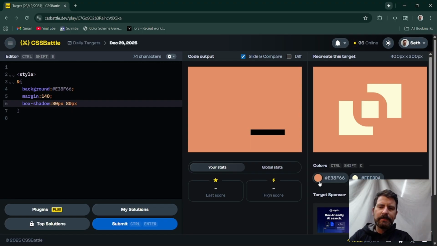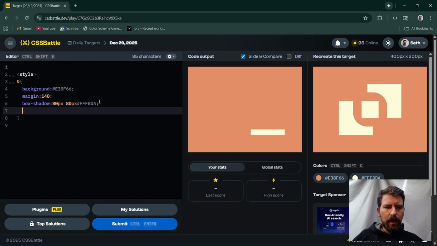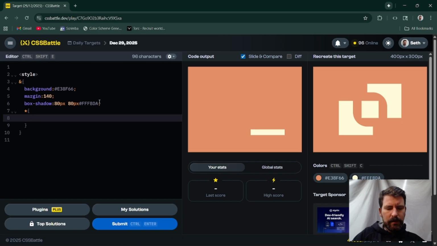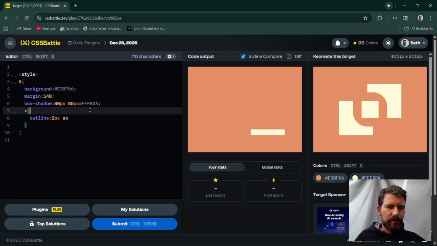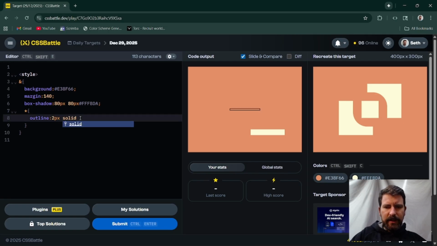But I guess what I'm saying is I can make the box shadow, and it's going to be this white color. And then when we select the body, we can put an outline on it. 2 pixels solid. Oops. Oh, that cursor thing, I tell you, if I could do that on purpose. So there's the body. It's orange right now because that's that background. But if we were to move it,